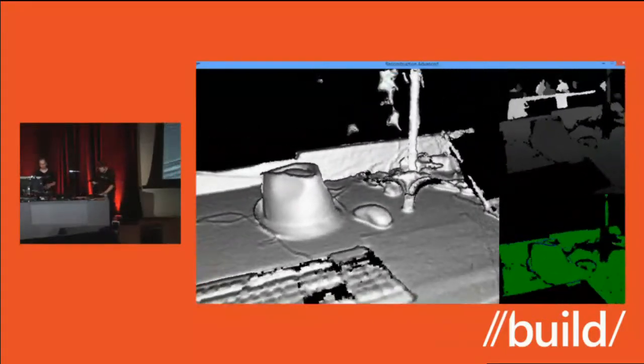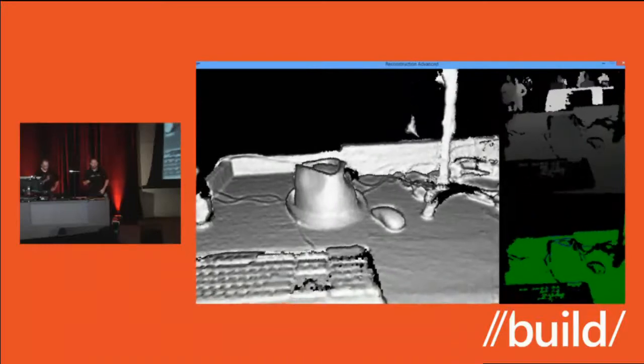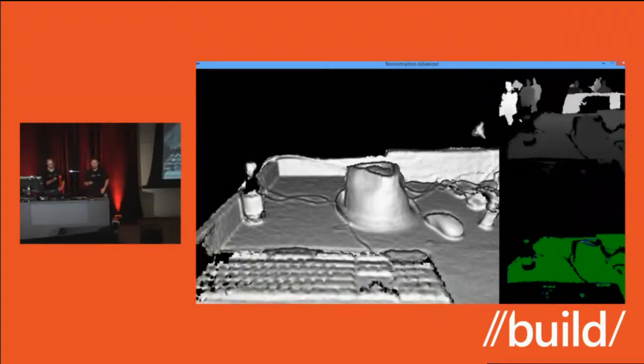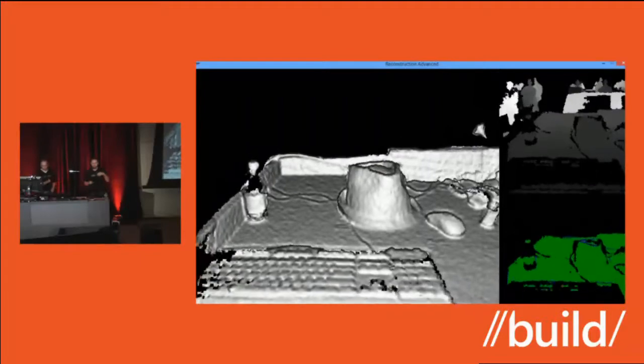This is actually taking the input from the depth camera over dozens and then hundreds and eventually thousands of frames and generating a higher quality reconstruction, with information that might not be in any individual depth frame that we see. As an example right now, you can see the keyboard isn't showing up in the depth frame